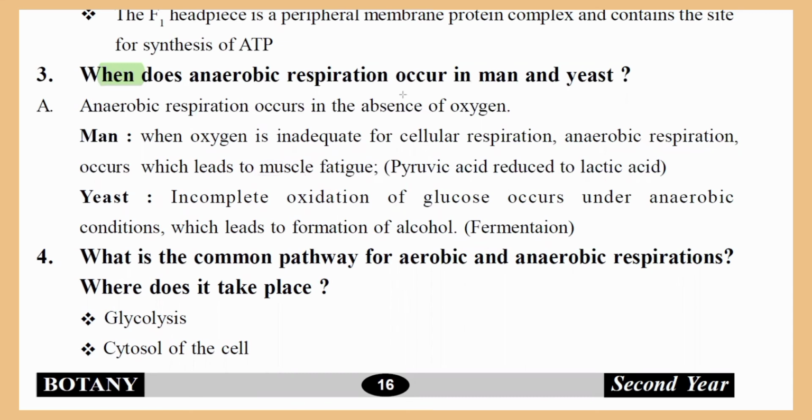Fermentation is one type of anaerobic respiration. So whenever someone asks for an example of anaerobic respiration, it is fermentation. It occurs in yeast, which belongs to fungi. In man, it occurs in the muscles. Why? Because we work more, and because of working, oxygen will not reach. Whatever glucose or pyruvic acid is present in the muscles undergoes anaerobic respiration, so it is converted into lactic acid. So the question: during anaerobic respiration pyruvic acid is converted into dash, lactic acid.